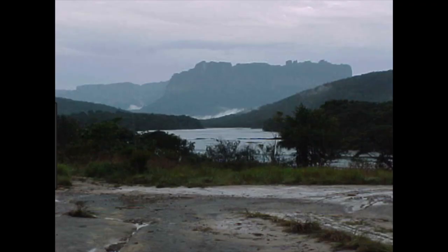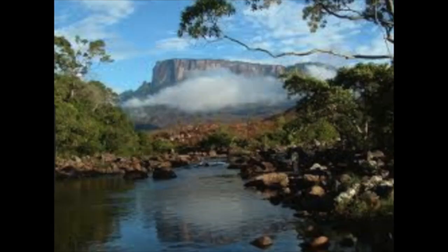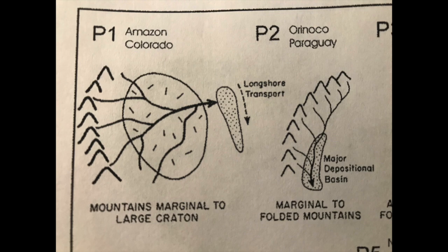The Orinoco was created as water flowed off one side of the Andes Mountains carrying sediment. Over time, this erosion has created an isolation of an area of high sandstone mesas, some as high as 4,900 feet. The origin of the Orinoco River makes it a cross between types P1 and P2 on Potter's classifications, as